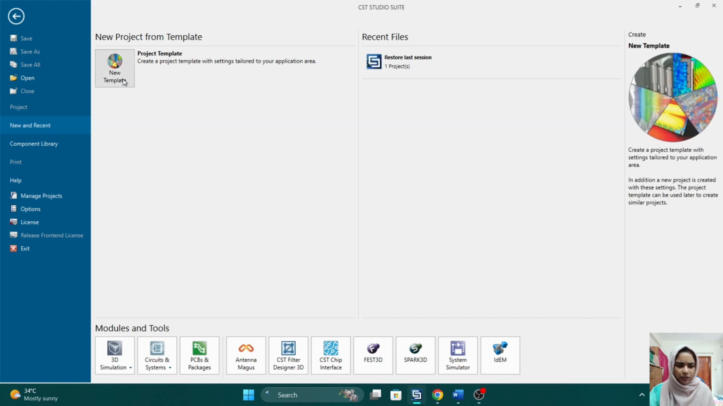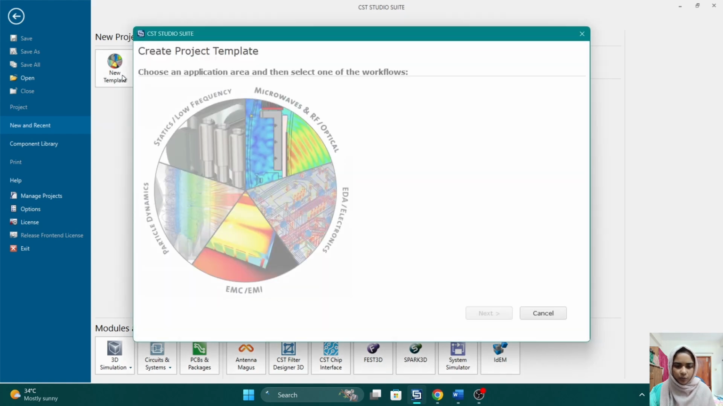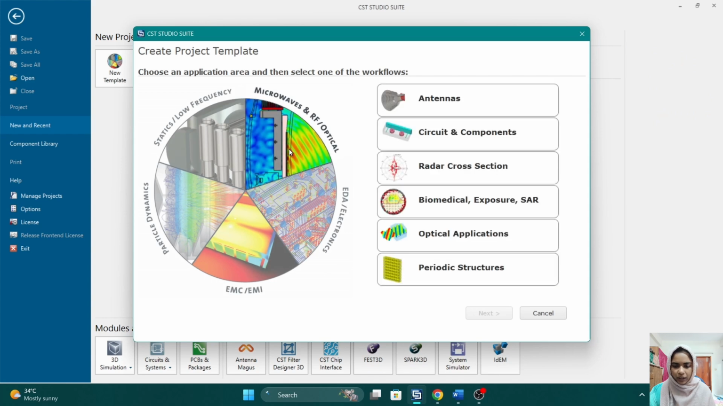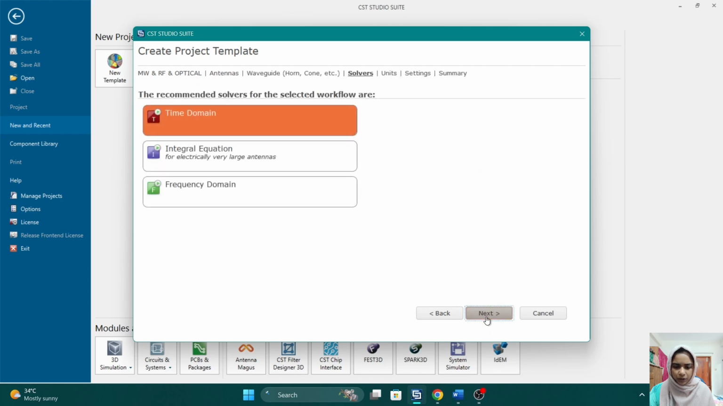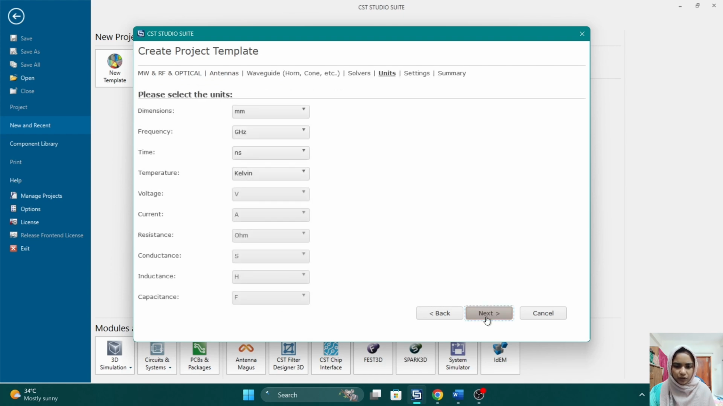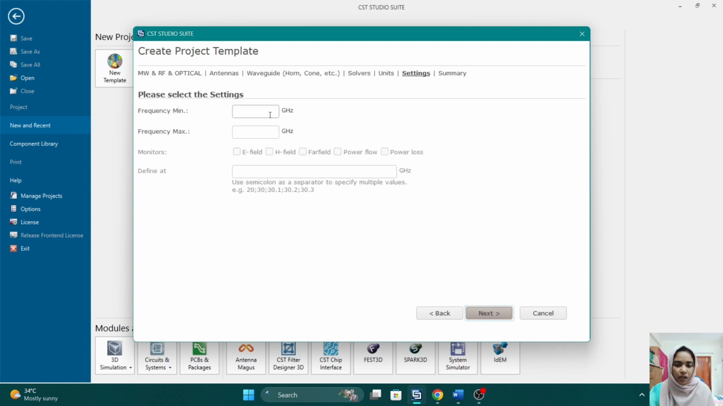Now I am selecting a new template, then microwave, and then antenna. Now next, waveguide. Time domain should remain millimeter and frequency gigahertz. So I am simulating the results from 8 to 12 gigahertz. Now I am selecting E field, H field and far field. Now next,